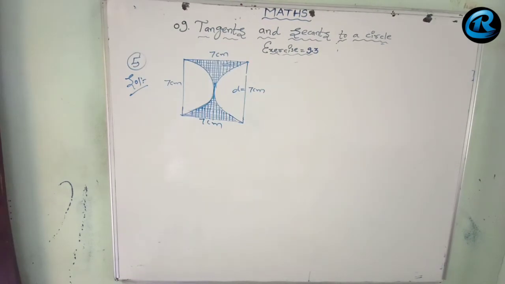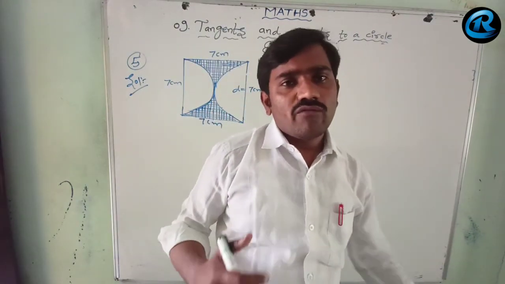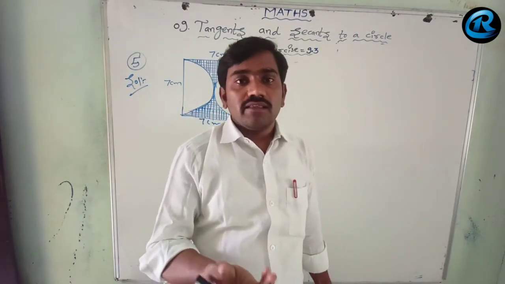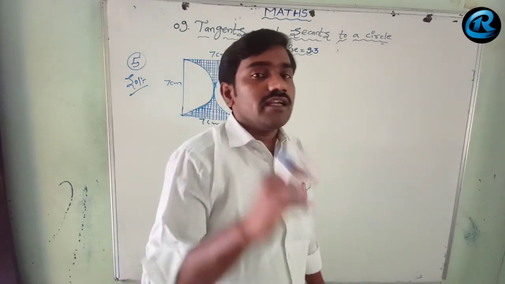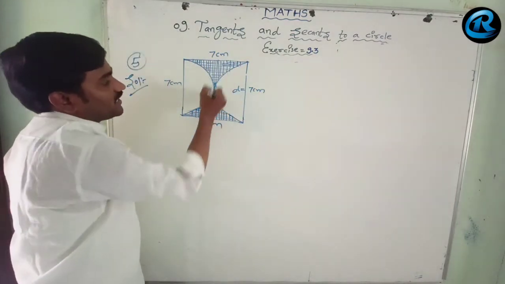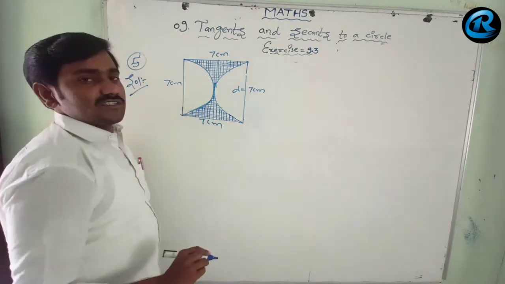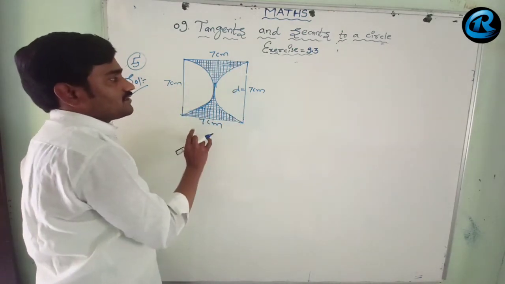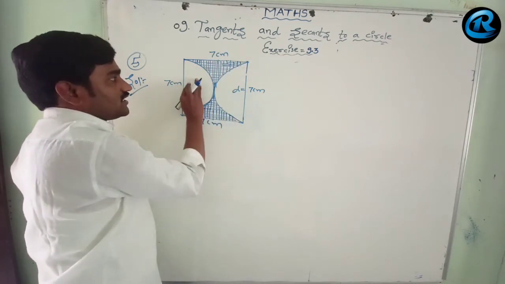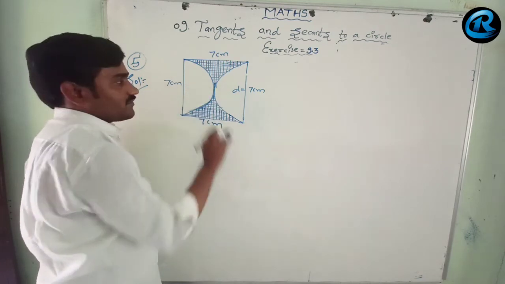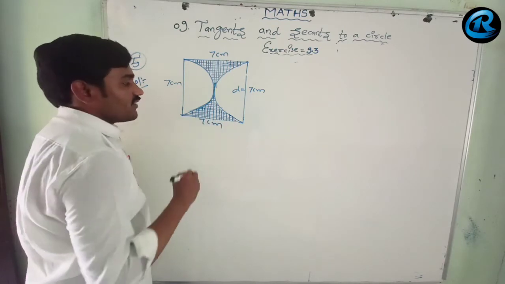Now we go for question number 5, which is very similar to question number 4. There we first found the unshaded region, then area of square minus area of unshaded region, then we got the shaded region. Here we have to find the shaded region directly. There it was 4 semicircles, here there are only 2 semicircles. Same thing, area of square minus area of 2 semicircles. Here from the area of the square we remove these 2 semicircles, the unshaded region. If we remove these two semicircles, what remains is the shaded region. So that is what we are going to do.